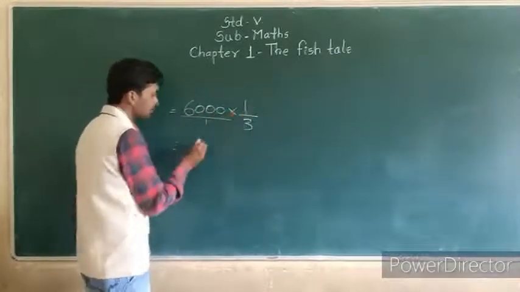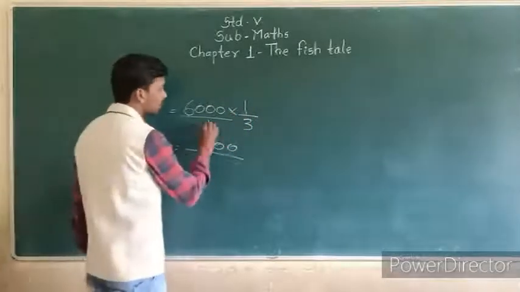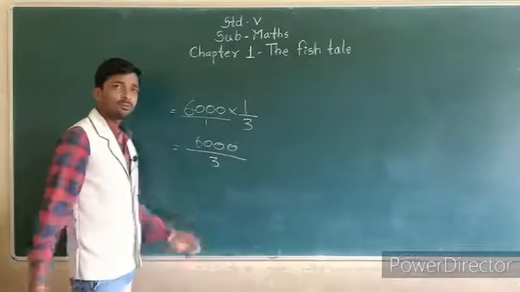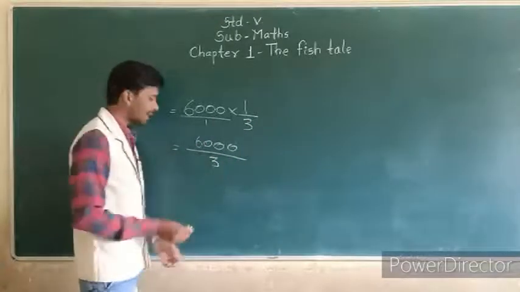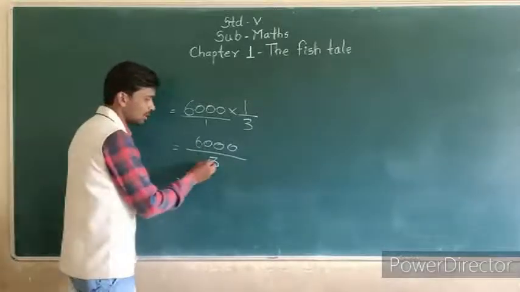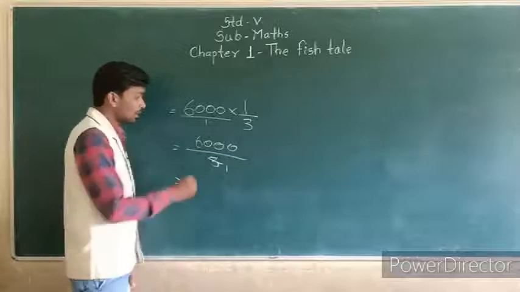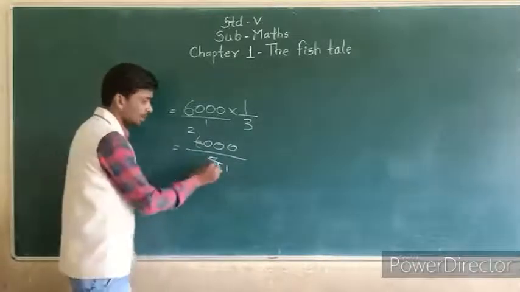6,000 into 1 is 6,000, and 3 into 1 is 3. It means we divide 6,000 by 3, and then we get the answer. That is very simple. 3 1s are 3, 3 2s are 6. Once again, I will repeat: 3 1s are 3,